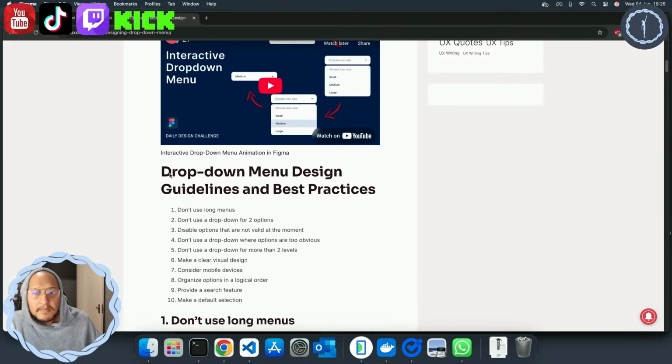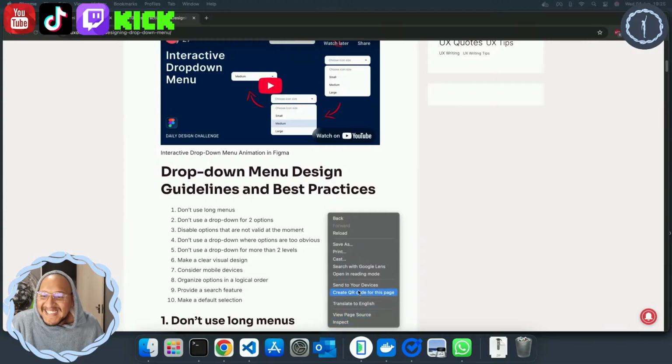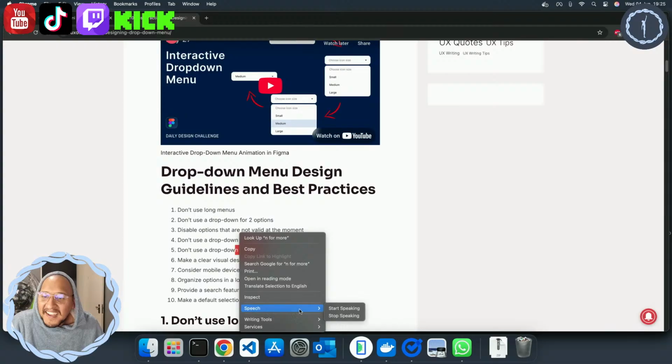Drop-down menu design guidelines and best practices. Don't use long menus. Don't use a drop-down for two options. Disable options that are not valid at the moment. Don't use a drop-down where what is options are this? too obvious. Don't use a drop-down for more than two levels. Make a clear visual design. Consider